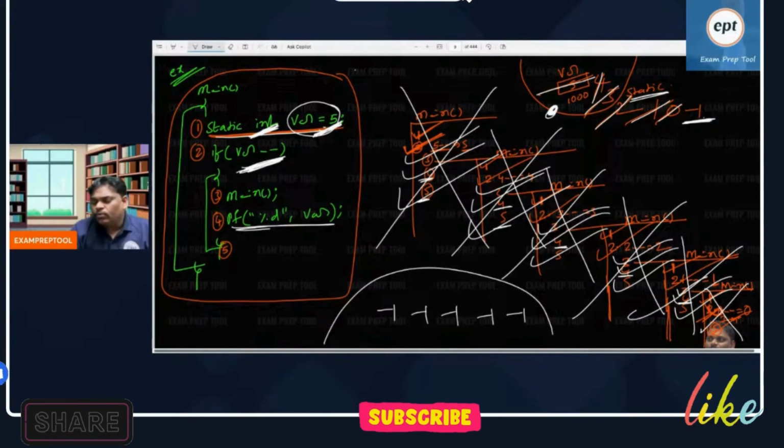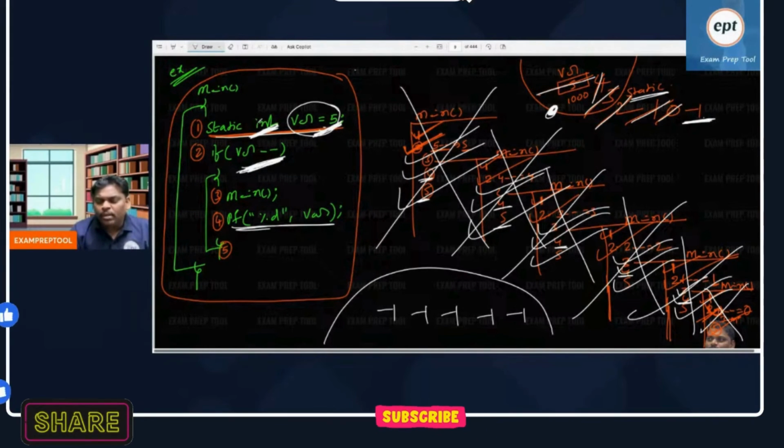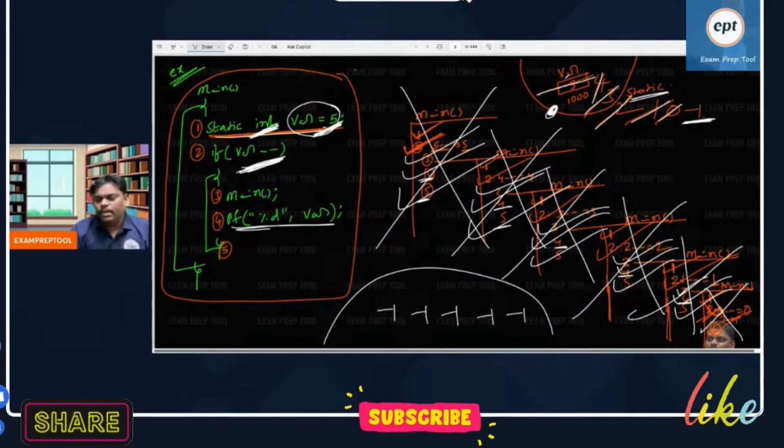The only thing is, if you create memory for a static variable, it will be created at compile time. At compile time, you created memory in the static area, like stack area, static area. So you keep on updating. The only mistake people did is